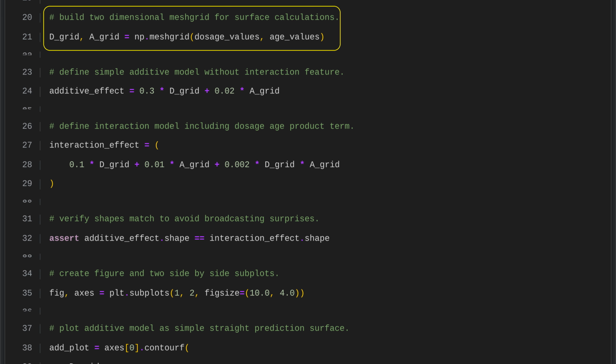We use a function from the numerical library to build a two-dimensional grid from the dosage and age values. This grid contains every possible combination of dosage and age, which lets us compute prediction surfaces across these pairs. The two resulting grids represent the dosage and age dimensions and form the basis for visualizing how these two features